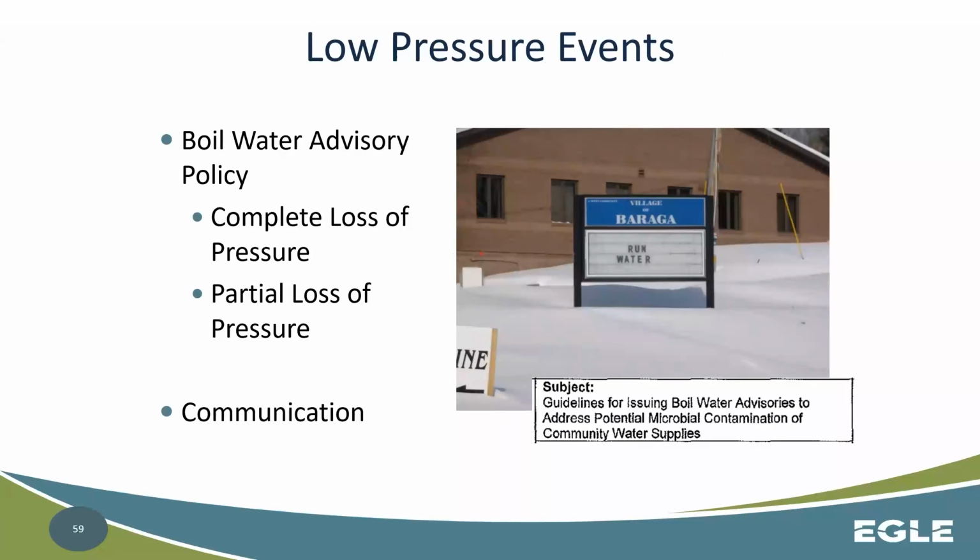So this is just communicating boil water advisories. If you have a loss of pressure, and remember, loss of pressure is below emergency pressure, not total loss of pressure, or even what we consider to be partial losses, you have to start thinking about boil water advisories and communicating those. It is very imperative that you contact the department and talk to the department whenever you think you're going to be issuing a boil water advisory. Unless you absolutely know you've lost pressure, just get on that boil water advisory right away and then start contacting